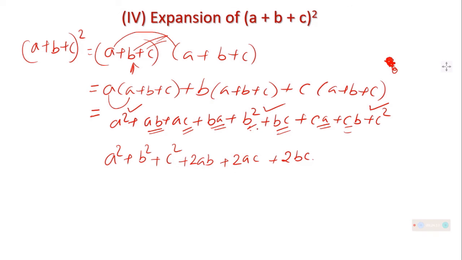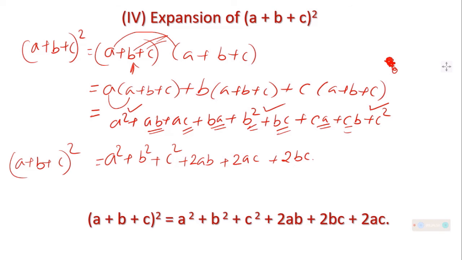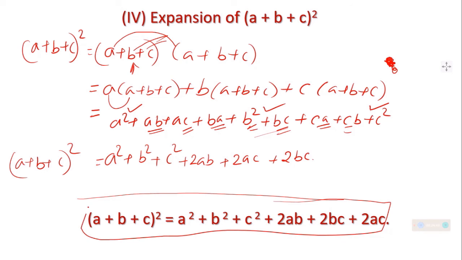So this much is what is possible. इसके आगे गाड़ी नहीं चलने वाला है. So we will say that (a plus b plus c) whole square is equal to a square plus b square plus c square. Then we are having 2ab, 2bc and 2ac. Okay, 2ac and 2bc. This way we can say about it. Very important formula. by heart करना ज़रूरी है. जब भी सिचुएशन आ जाएगा तो अप्लाई करने.